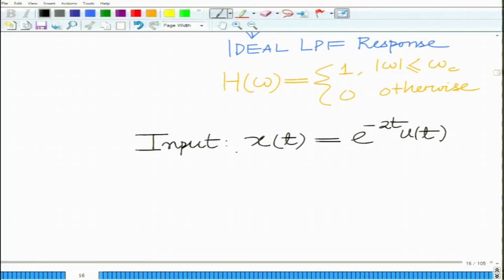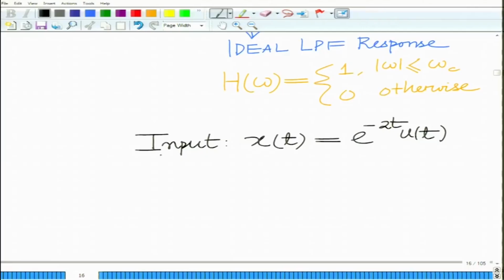Now, what we want to do is design a filter. So, this problem is with respect to filter design. We want to design or choose a cutoff frequency omega c such that it passes a certain desired component of the signal. Now, what is that desired component of the signal? We want to find omega c of the low pass filter such that